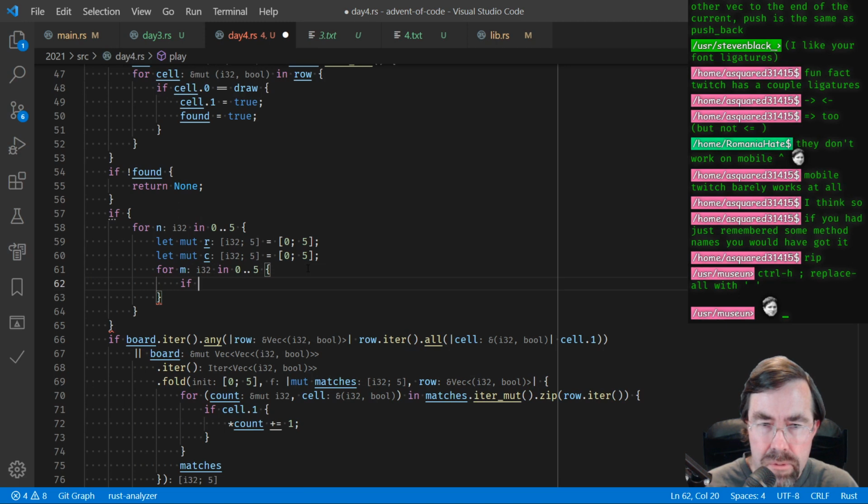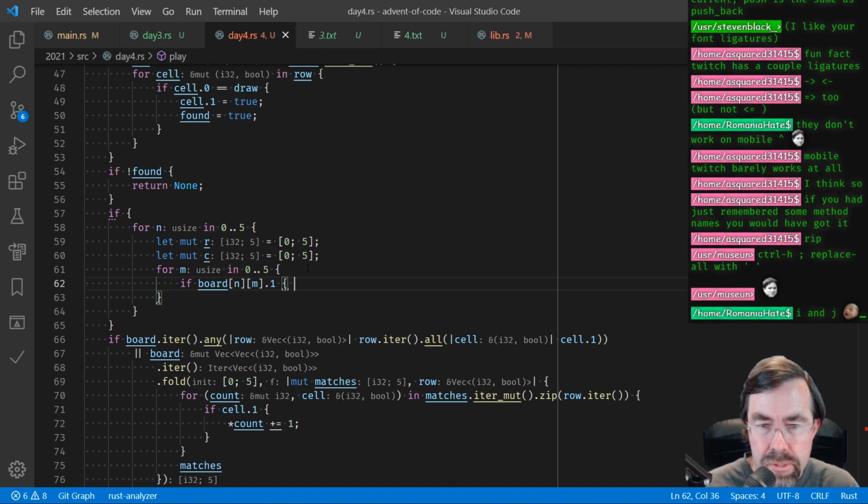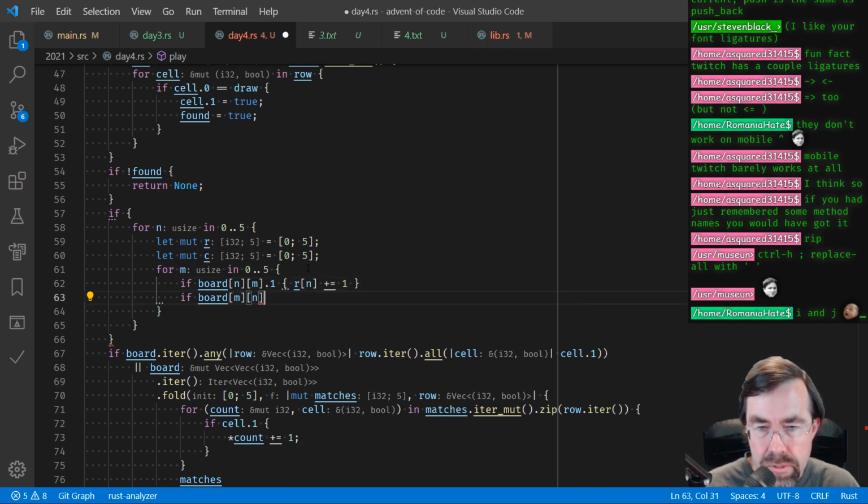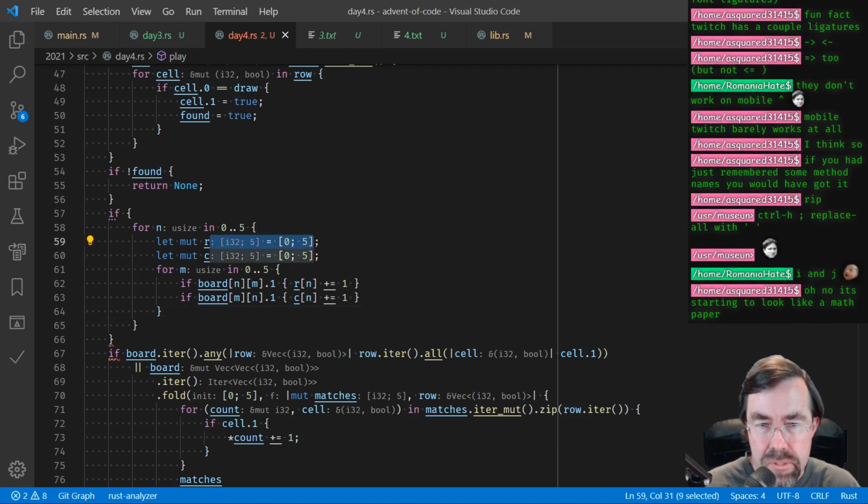And we'll say if board nm dot 1, then this would be the row, n plus equal 1, right? If board mn 1, this is the columns, so column n plus equal 1. Actually, then I don't even need these arrays, right? So this is just equal to 0. If I'm doing this right, I can just say